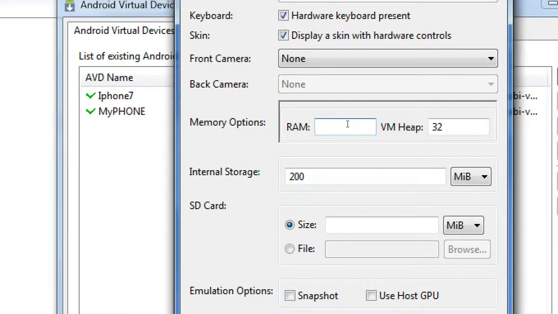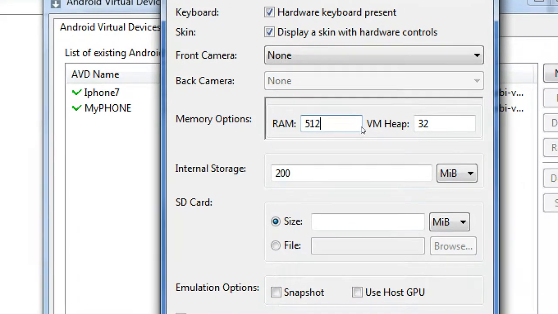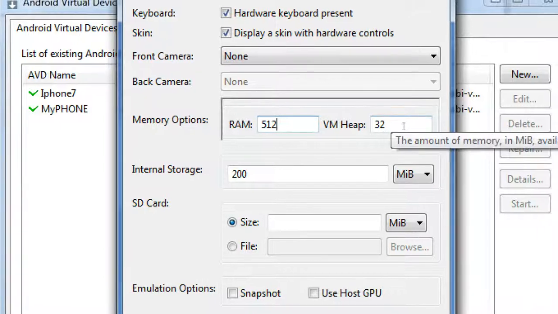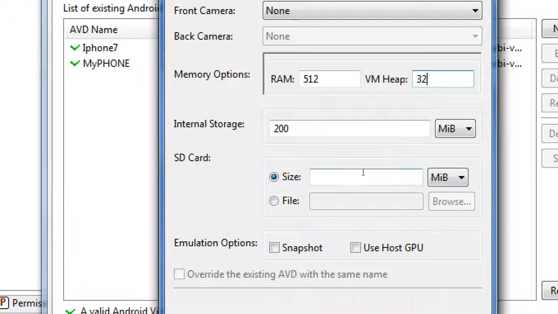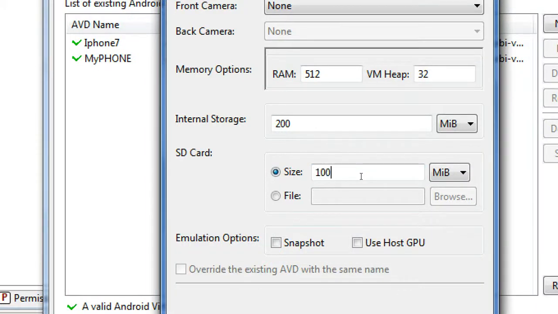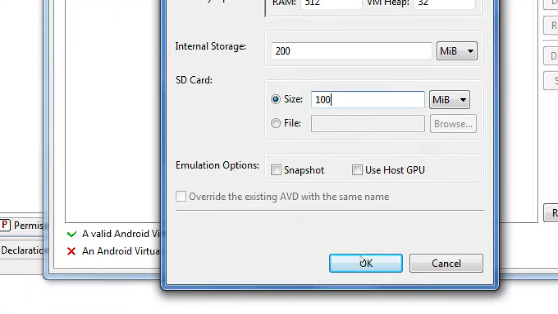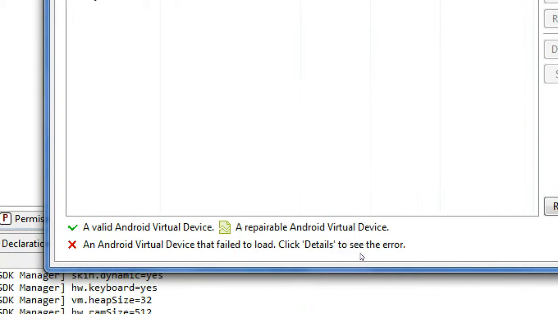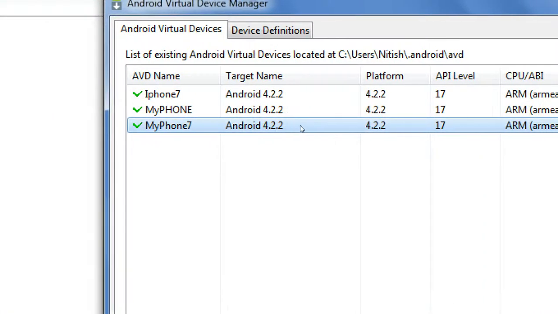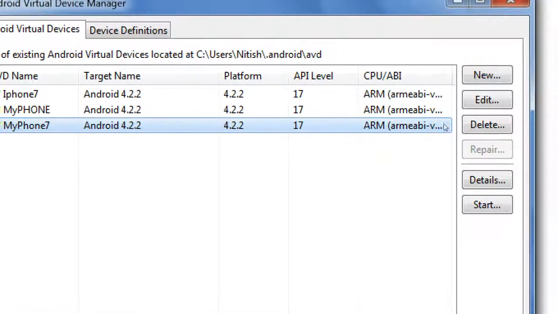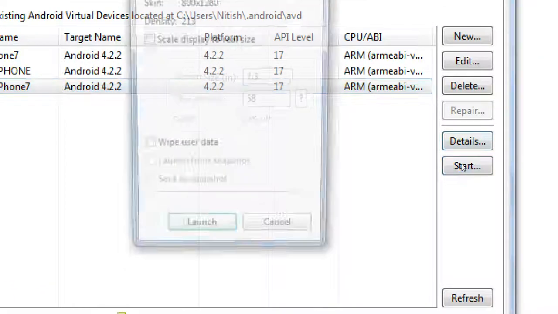And the RAM, I'm gonna scroll it to 512, and the heap is 32. That's good. Internal storage is 100, and the SD card I'm gonna go with 100 and hit OK. And you can see over here my phone 7 has been created. Just go ahead and click on the start button